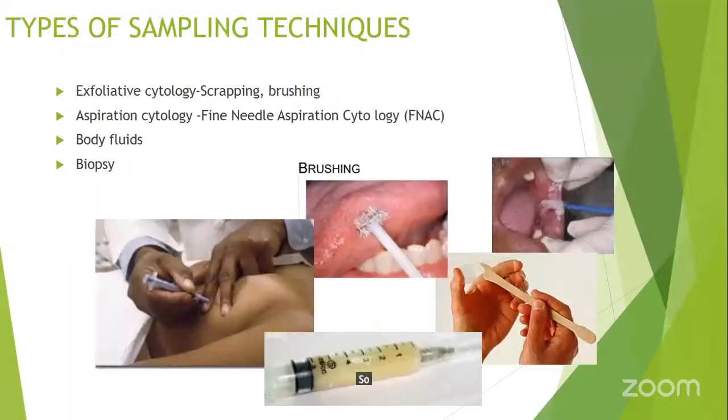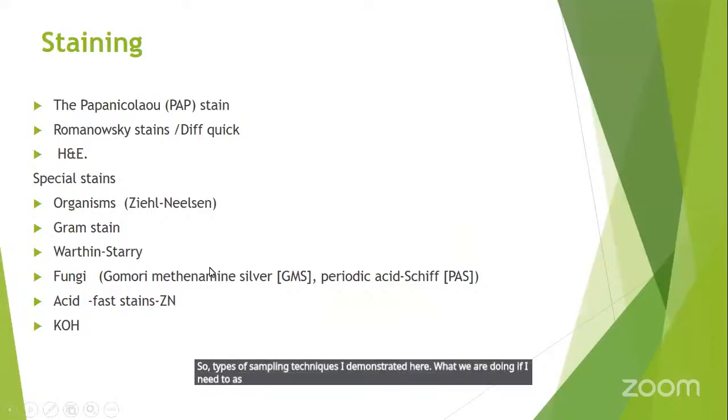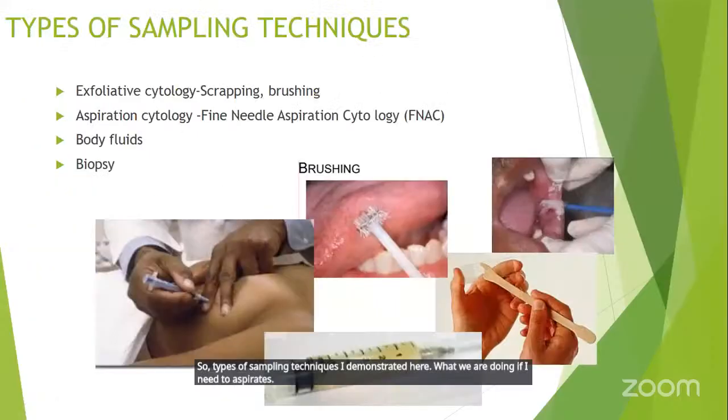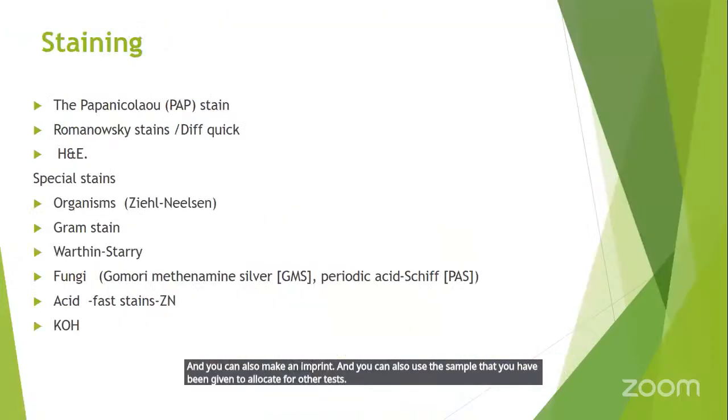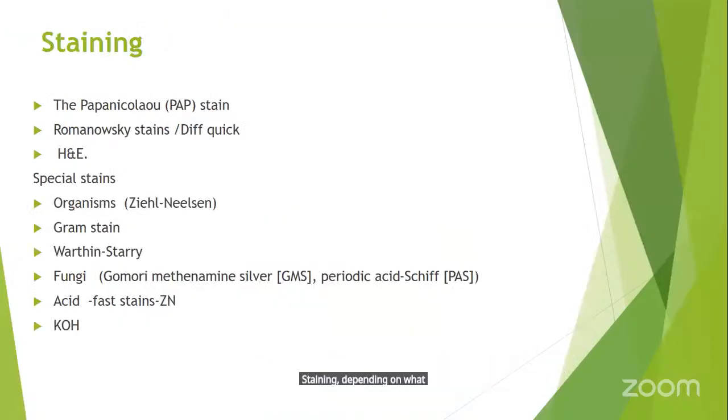So types of sampling techniques are demonstrated here, where we are doing fine needle aspirate using a small needle. You can do scraping using a brush, and you can also make an imprint, and you can also use the sample that you have been given to aliquot for other tests. Staining, depending on what you suspect, you can do Papanicolaou stain, you can do Romanowsky,